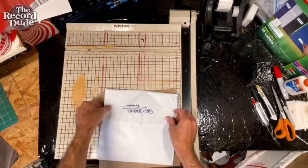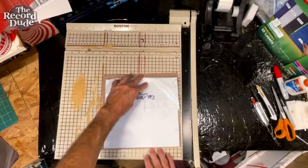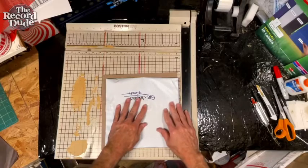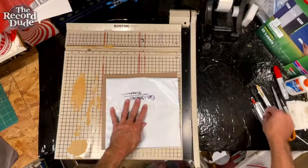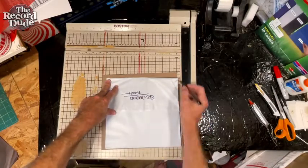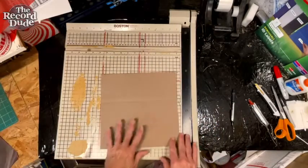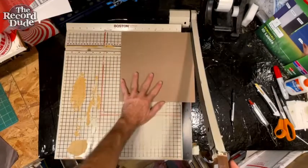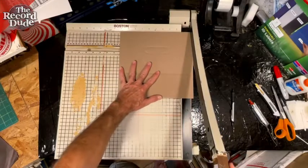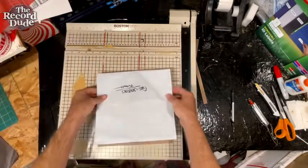So we've got it here on the pad itself, and what I'm going to do is take one edge and set the edge over to the edge of this bag here, as it lays flat. And I'm going to mark it up here. So let's say it's about here, here, and up here. And what I'm doing is making a pad that's specifically the size too. So I'm cutting it at this point, and then I'm cutting it at this point up here. So now I have a pad that is perfectly sized for this bag